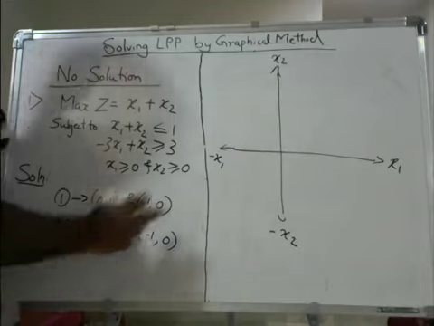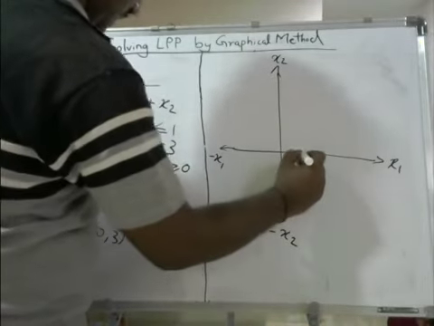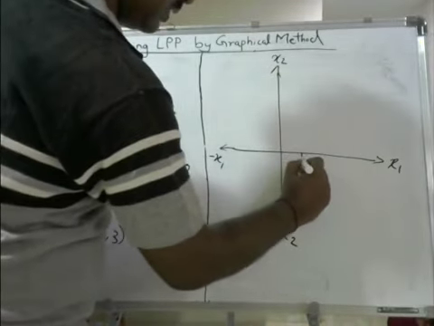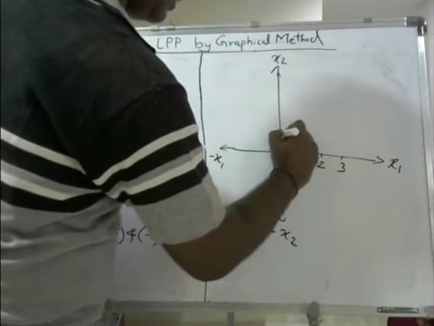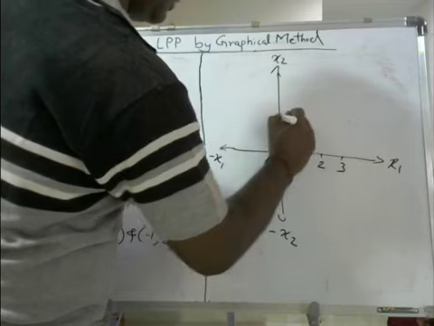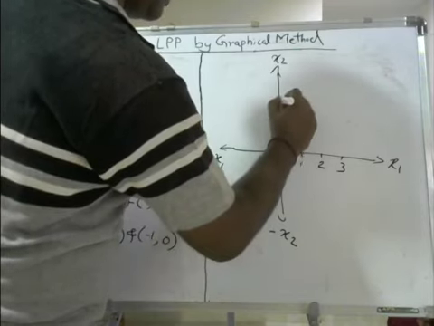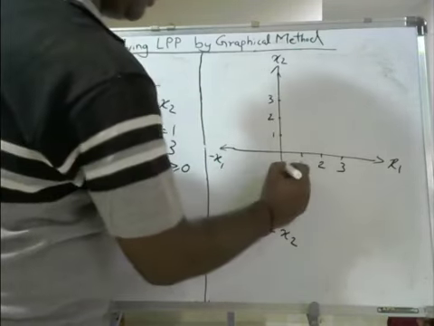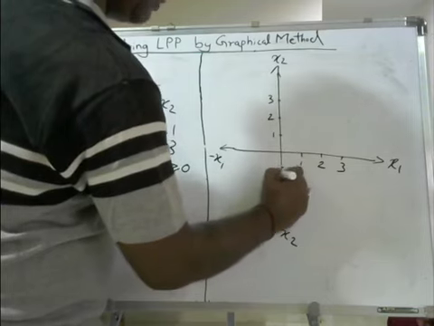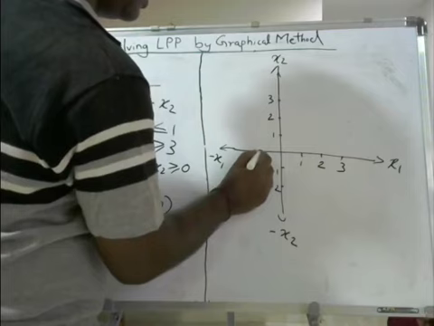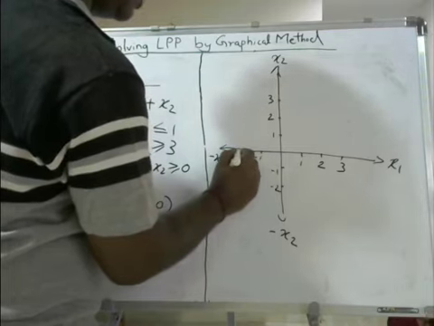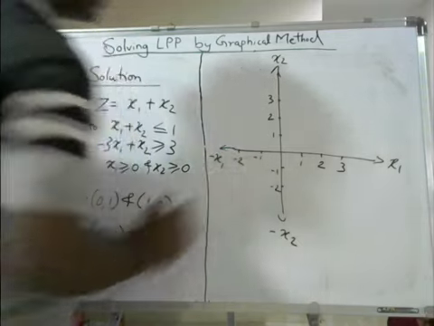So x1 should be minus 1 here. So now let me take the units here, 1, 2, and 3. Similarly here 1, 2, and 3. Here it is minus 1, minus 2. Similarly here it is minus 1 and minus 2 on the